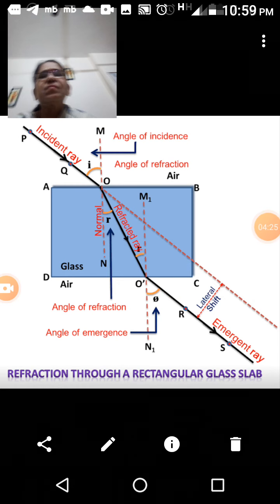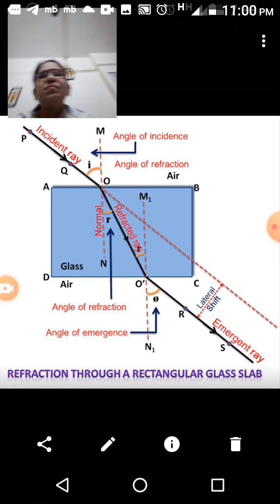The light ray travels as the refracted ray OO'. At point O', the light ray is again at an interface between two media. Now the light ray is traveling from glass to air, that is, from a denser medium to a rarer medium, and hence the light ray will bend away from the normal. In the absence of the glass slab, the incident ray would have gone straight, but